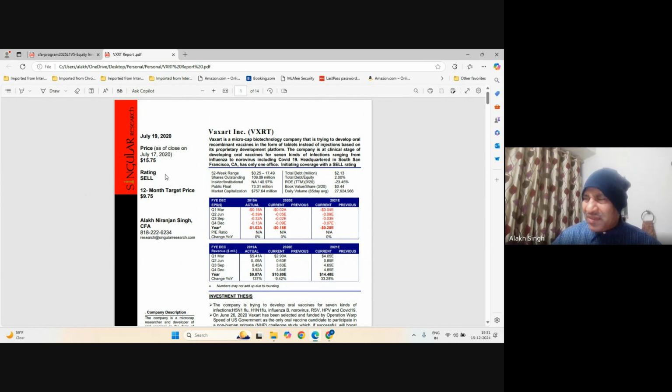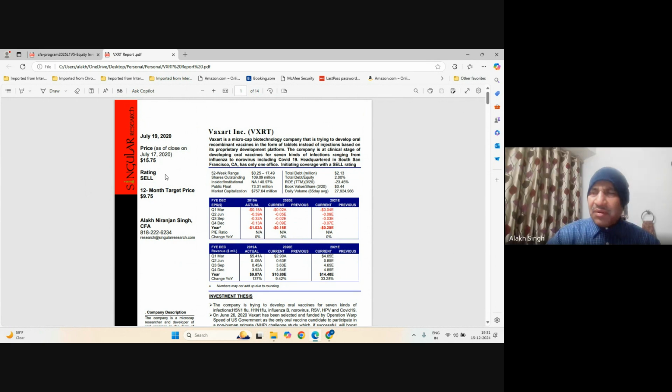7-8% or 5%. This is not the best thing, so probably I won't recommend buy. I would recommend only hold, because in that case there are other opportunities where the person can earn more than 7-8%. Then why should I? In hold, if a person is holding the stock, he'll hold it. But if a person is not having the stock, will he buy it or not,